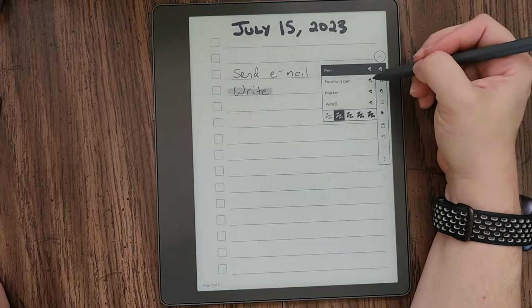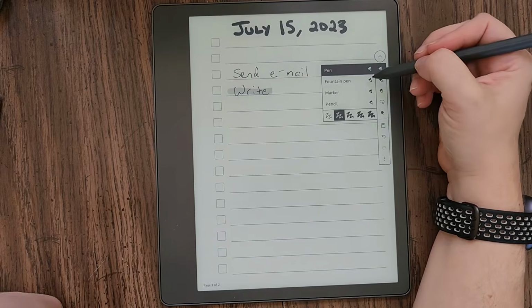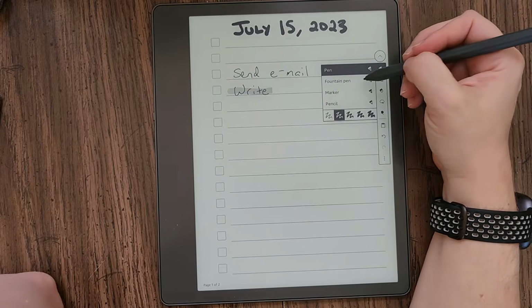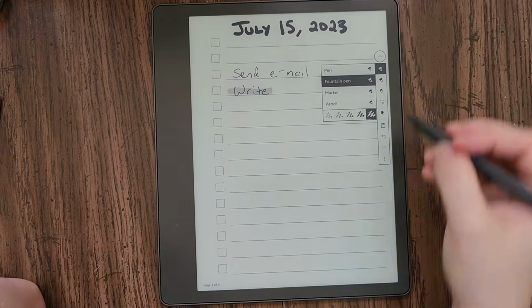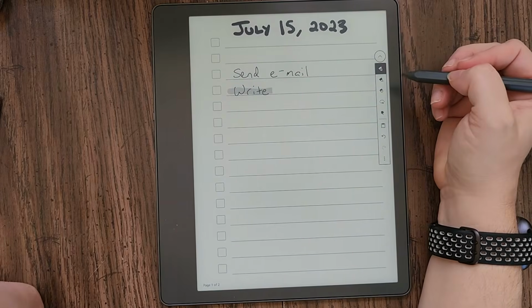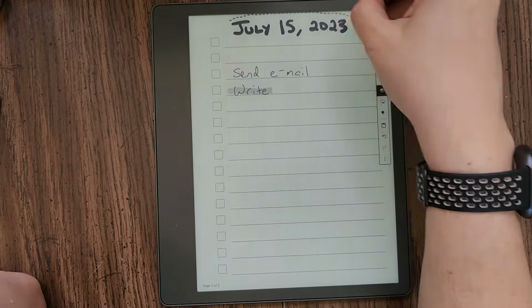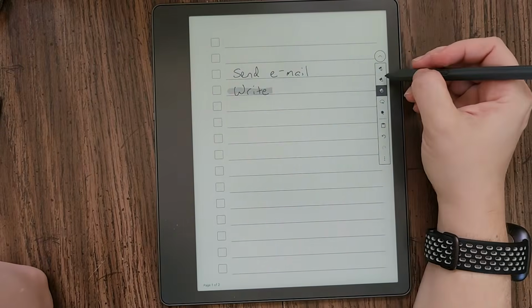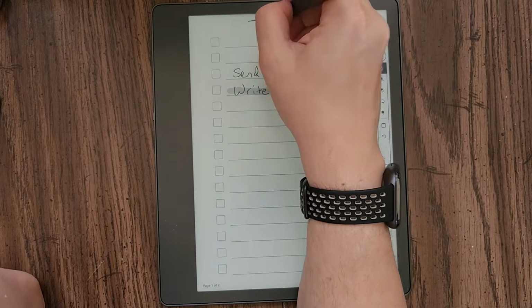Something else I haven't really seen mentioned in reviews is that there is a fountain pen, and the fountain pen is kind of cool if you're like brush lettering, but you're not good at it. I just want to show you, if you put the fountain pen on the highest setting, it's not exactly the same as brush lettering. Here, let me go ahead and erase this heading, and I'll just write July. So if I go back to fountain pen, and then if I write, so I'm just writing normally,